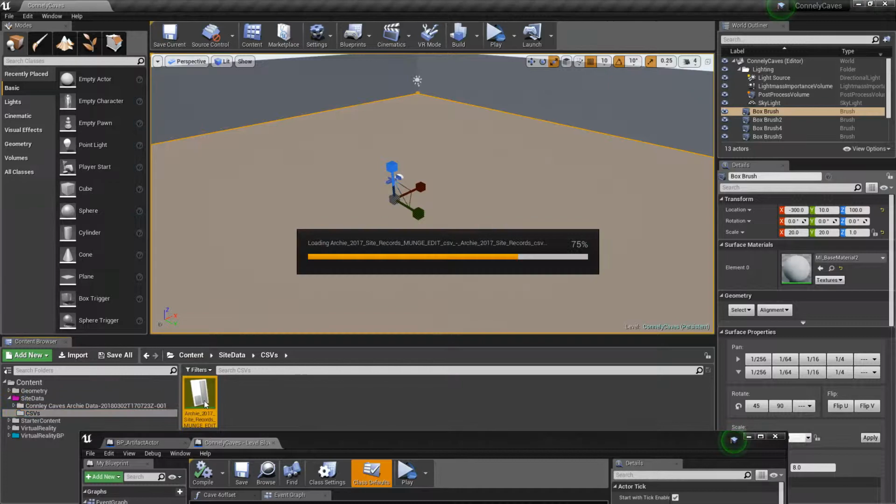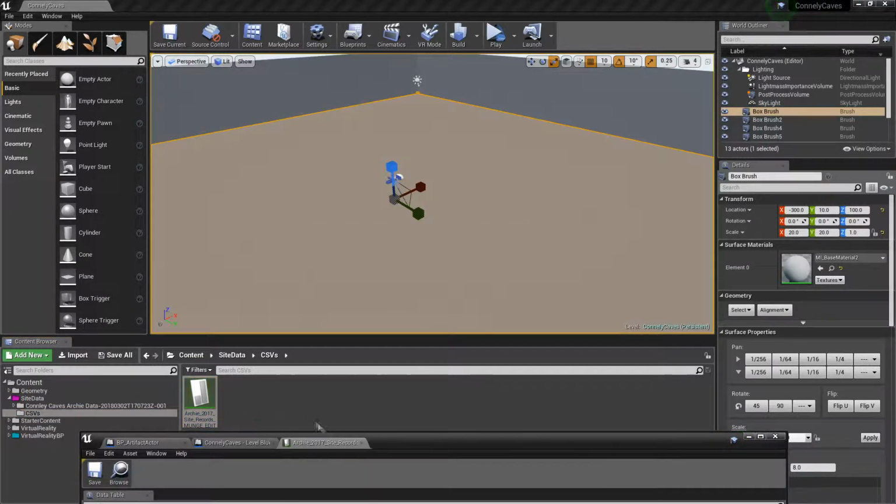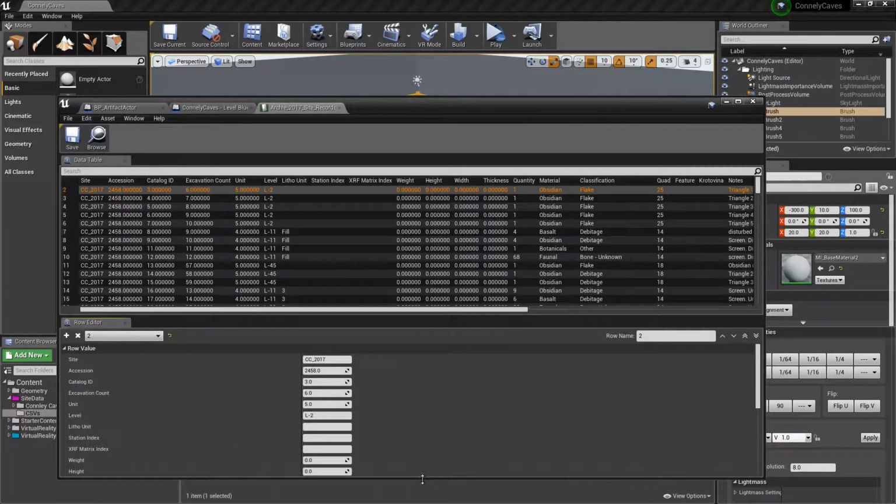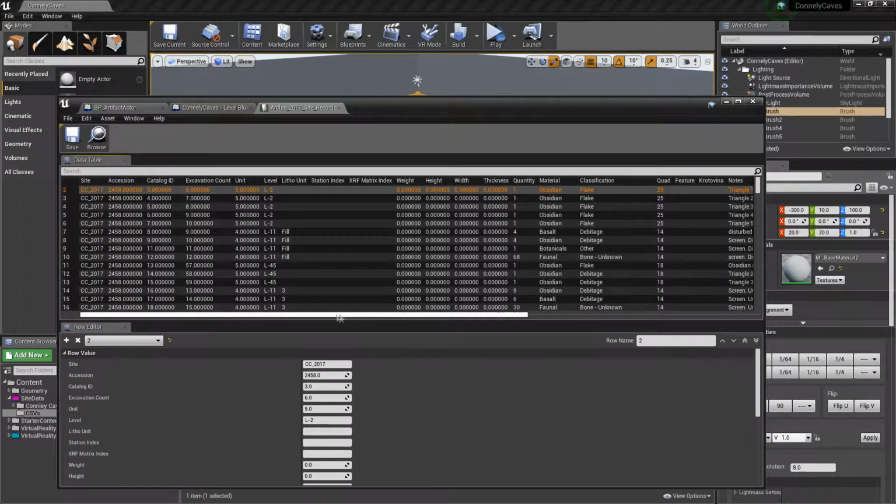So I've got some data here. And interpreting this data to where it is right now was kind of a pain because it's not formatted quite correctly. I had to add a column for the numbers over here. That's why it starts at 2. I don't know if you can see that. Anyway,